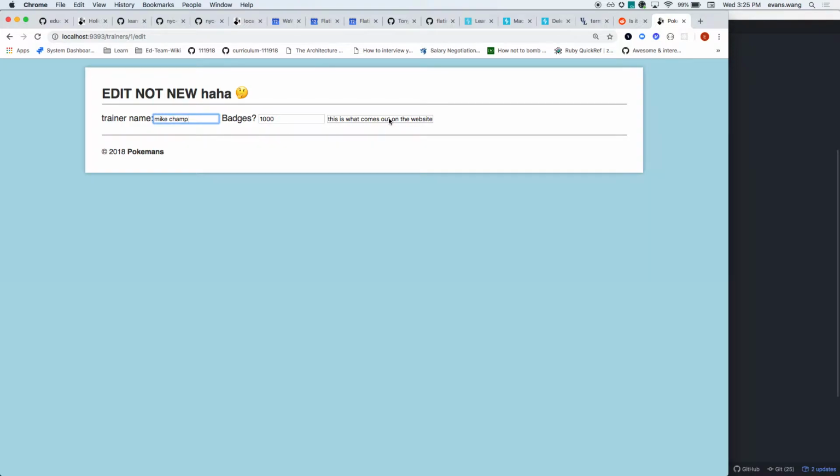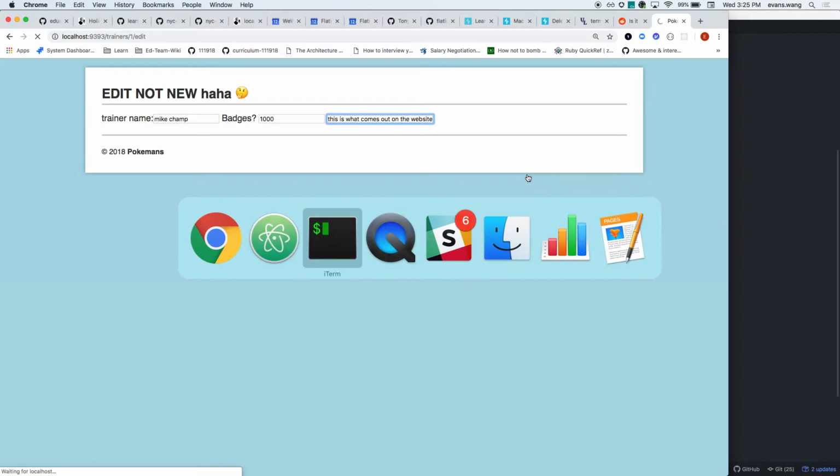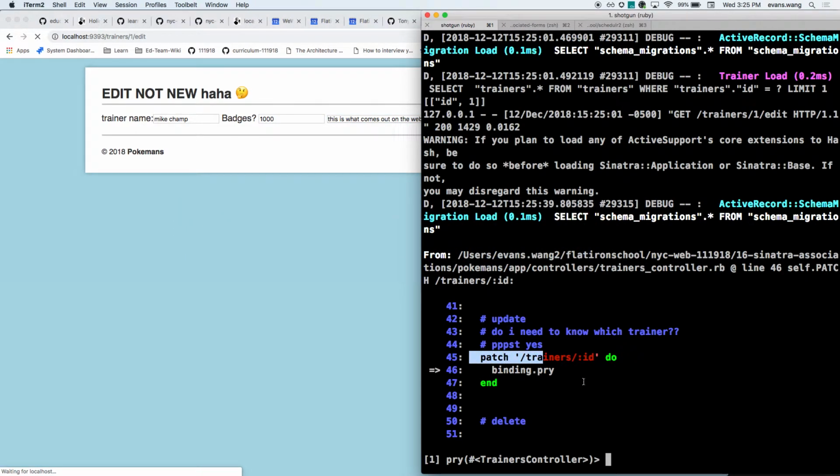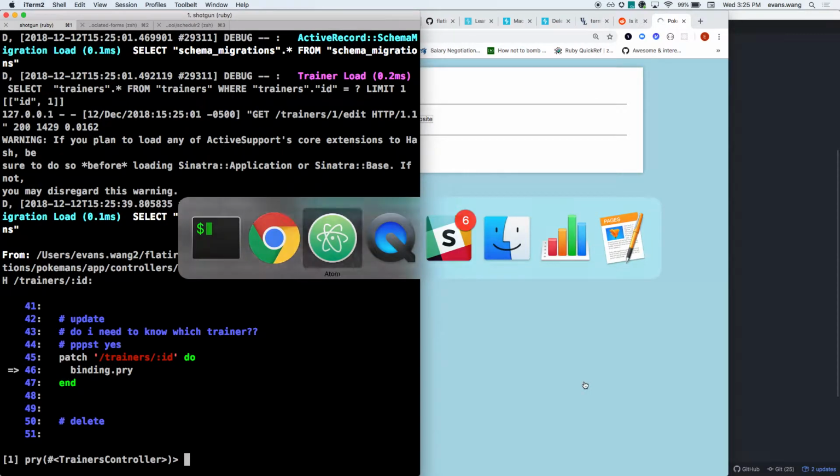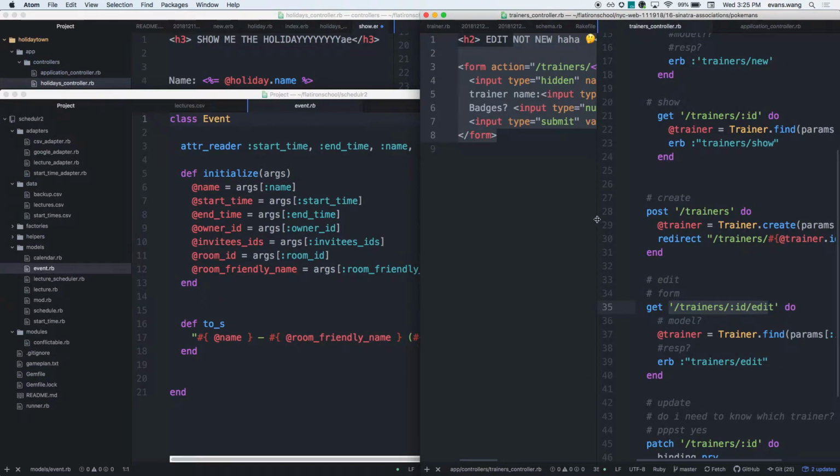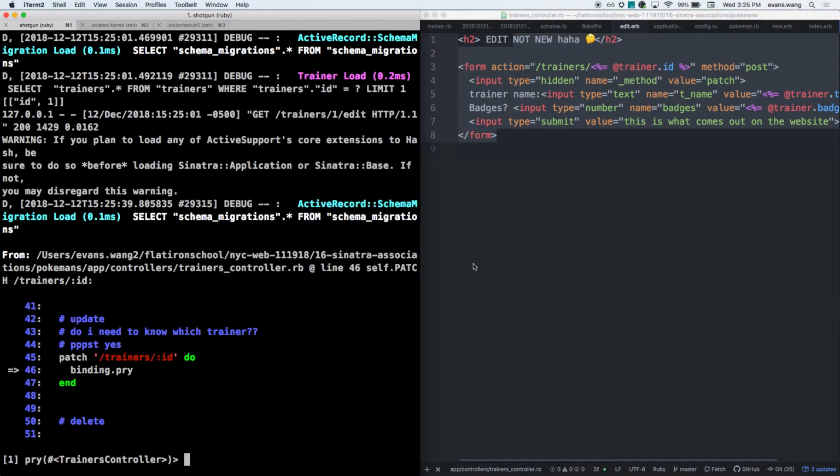So if I hit this, with that rack method override set to true, I should in fact be able to override the post, hit that patch, and hit that binding. So luckily for me, I'm hanging here, and I can see that I'm in the patch. Yay. Right? But what are my params? Let's think. What do you think my params will be? Guess out loud. Send it. Would it be like